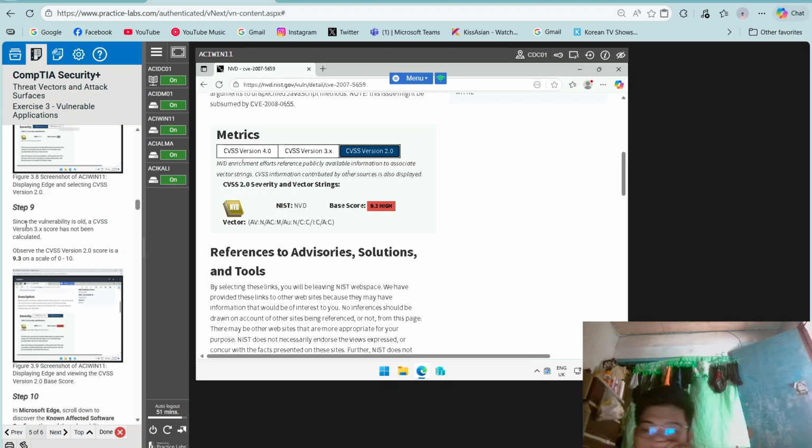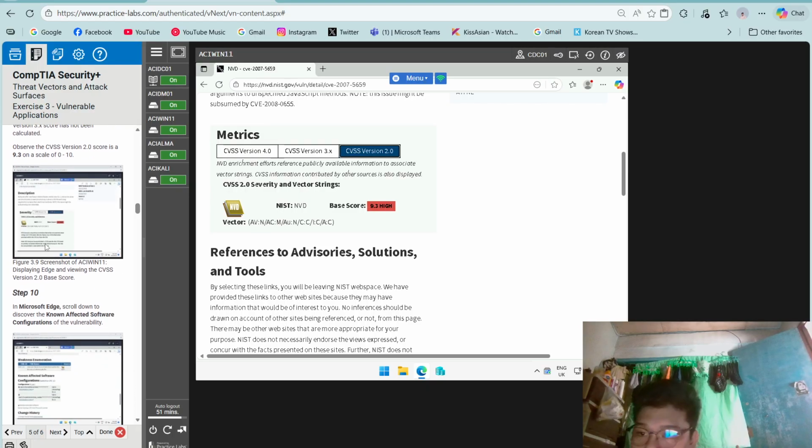Step 9, since the vulnerability is old, a CVSS version 3.x score has not been calculated. Observe the CVSS version 2.0 score is a 9.3 on a scale of 0 to 10.